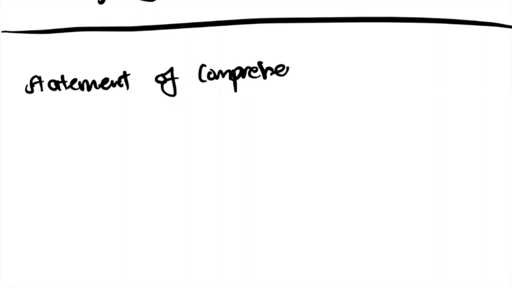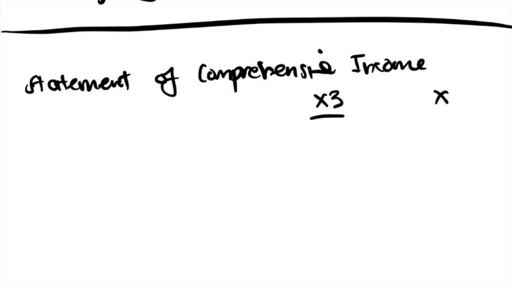So let's start with the statement of comprehensive income. And I think it goes without saying that you need to do a full heading, of course. So you would have the statement of comprehensive income of entity A for the year ended. But I'm just going to do shorthand so that I can save some space over here. Okay, but you get the picture. So we're going to have to do comparatives as well. So our comparative period is X2.